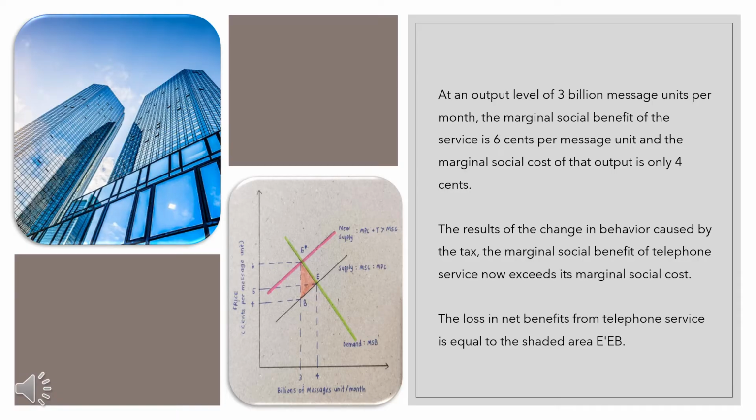As a conclusion, at an output level of 3 billion message units per month, the marginal social benefit of the service is 6 cents per message unit, and the marginal social cost of the output is only 4 cents. As a result of the change in behavior caused by the tax, the marginal social benefit of telephone service now exceeds its marginal social cost. The loss in net benefits from telephone service is equal to the shaded area, mu E,